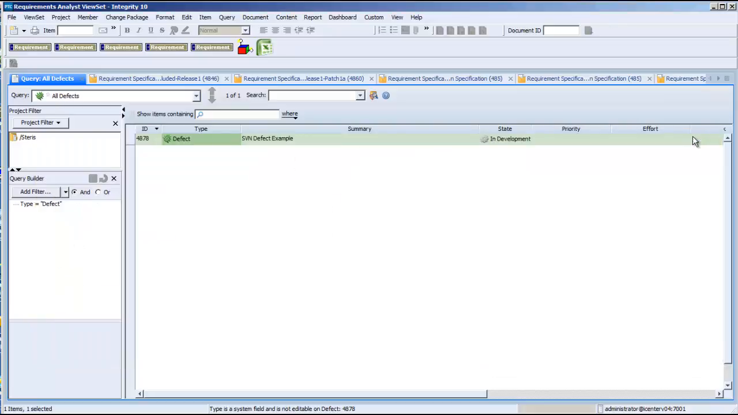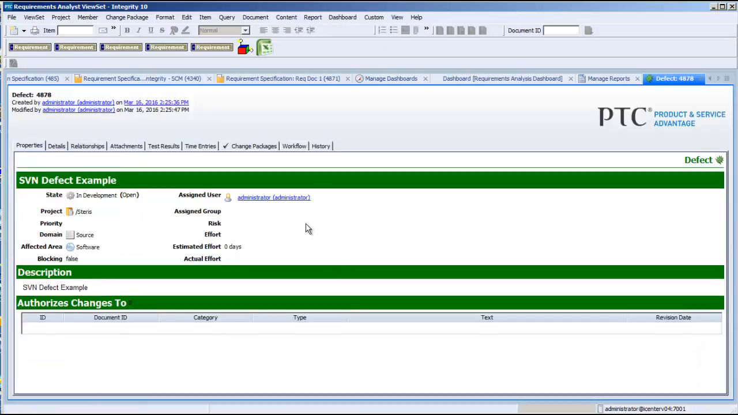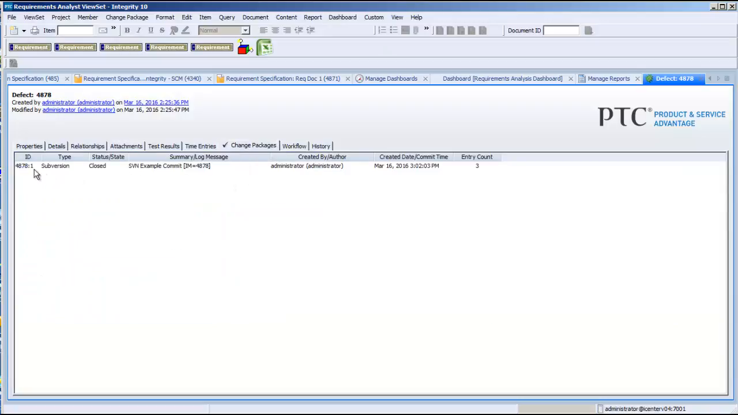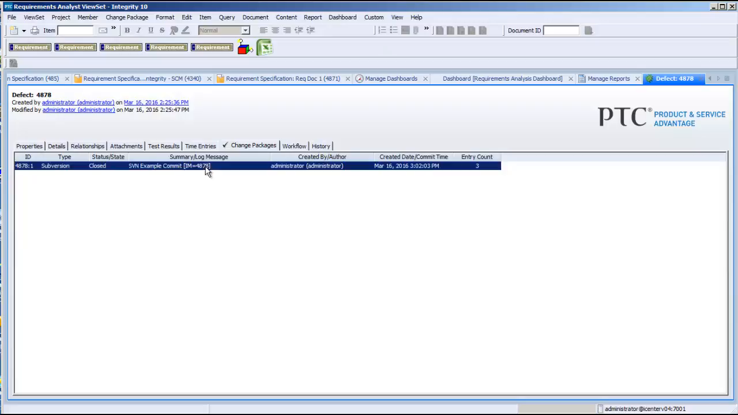Let's look at the Integrity side. Here's the defect inside Integrity. Let's look at it from an item view perspective. Here are my change packages. Here's my line item, close status, SVN commit IM 4878. Who did it? Let's take a closer look at this